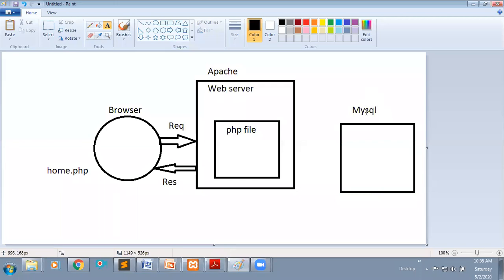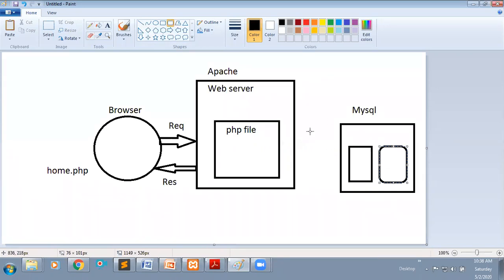This is one server, the MySQL server, which is an RDBMS. RDBMS means relational database management system, used to manage the databases. Within this MySQL we have databases, and our data is going to be stored in databases. Within the server we have different databases.